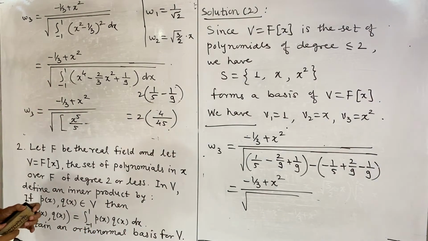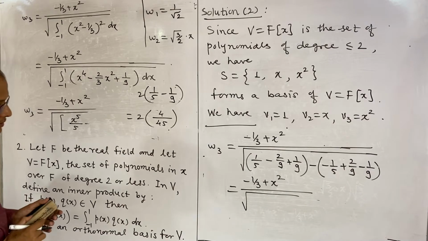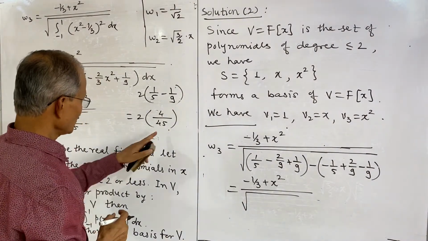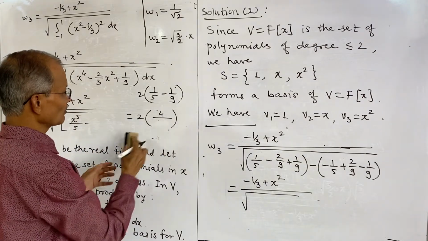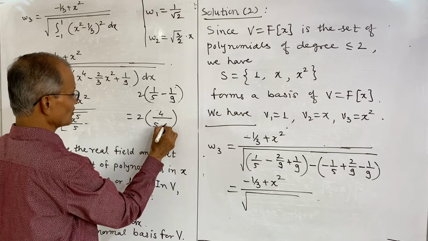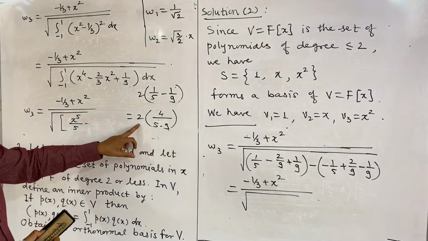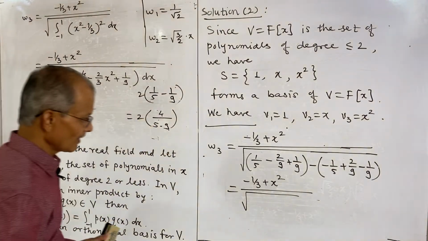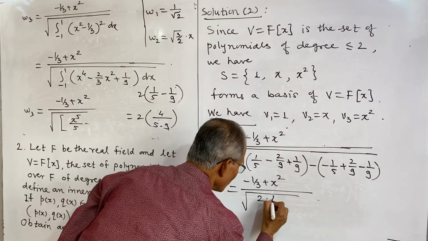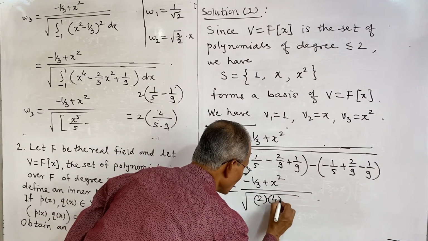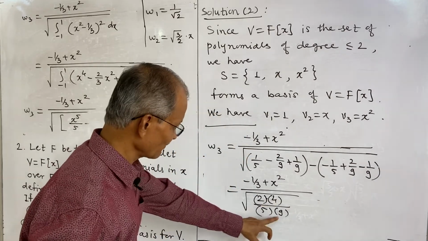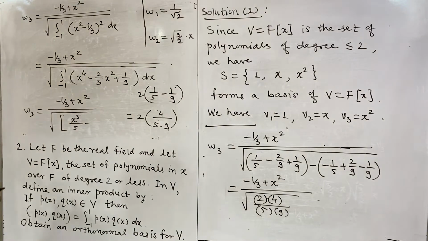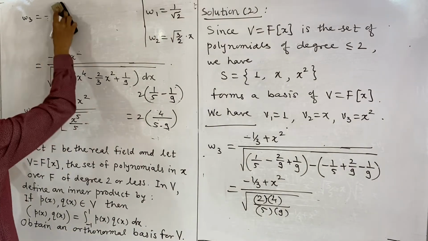You can check it, and it will be 8 upon root 45, or we can write this as 5 into 9, we write as it is. So this is 4 and this is 5 into 9. So it will be 2 by 5, 4 by 9, 2 into 4 divided by 5 into 9. So why we have written like this? Because these are perfect squares and we can take its square root, and thus the final expression for W3 will be